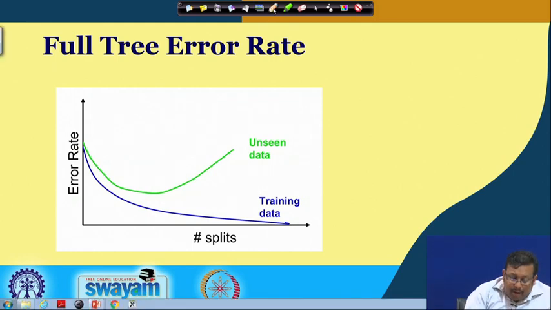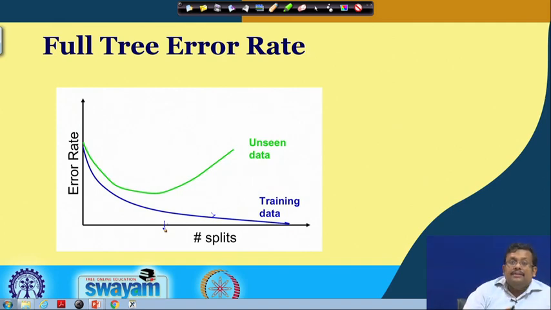However, although the training data set produces the lowest error as we continuously increase the number of splits, if we test this calibration model using unseen or independently drawn data, the error rate will increase after a certain split. So, this is basically saying that this model is overfitted.